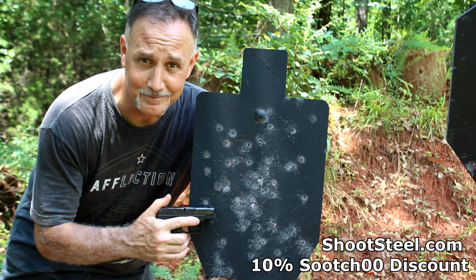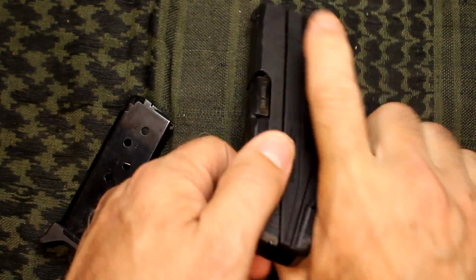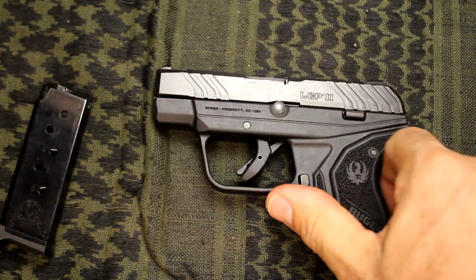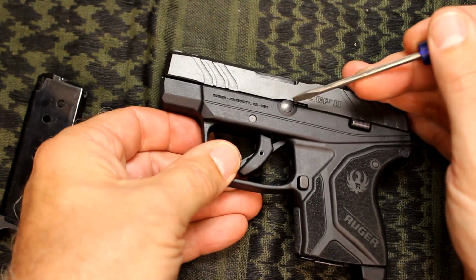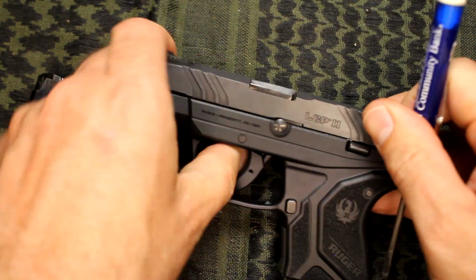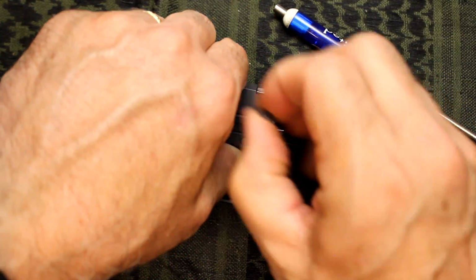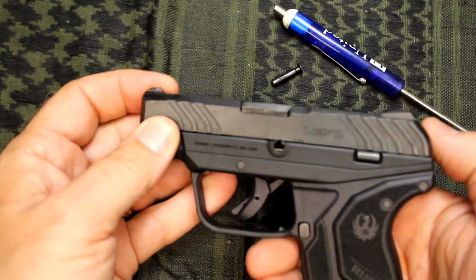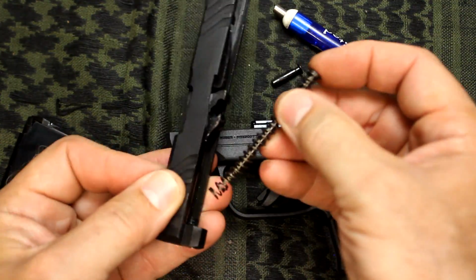So check it out. Now, disassembly of the firearm is the same as the original. Just remove your magazine, double check to make sure the gun is unloaded. We're going to go ahead and pull the trigger. Then we're going to release right here. You can take a spent shell or a small screwdriver. Bring this back just a little bit and then pop your pin out. And then we can just remove the slide, and then your recoil spring and guide rod